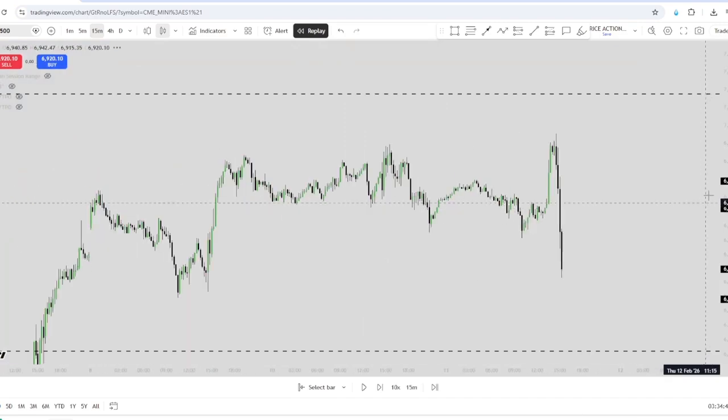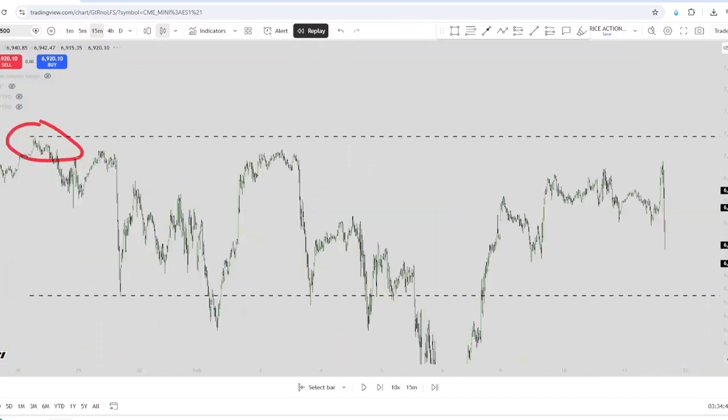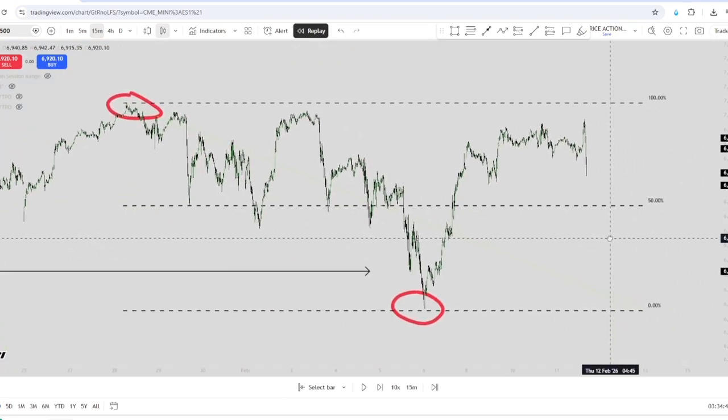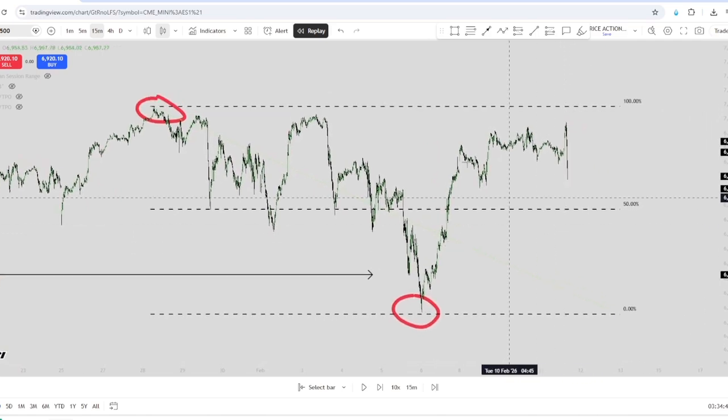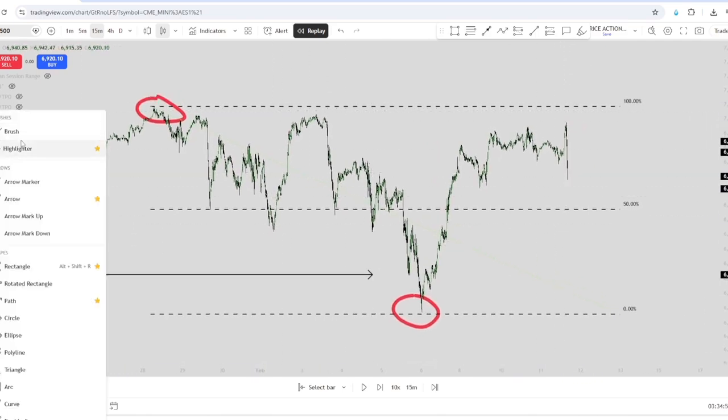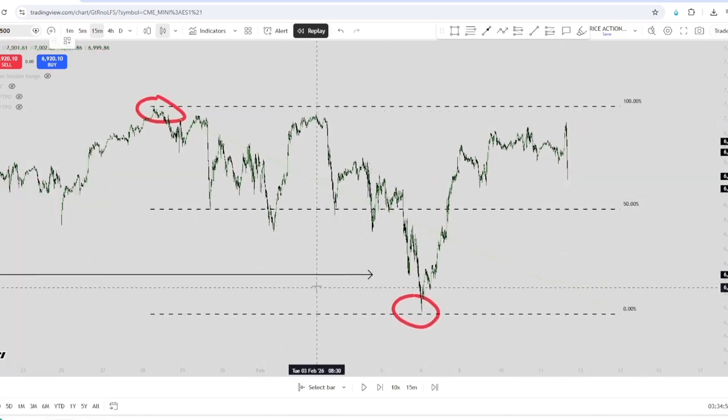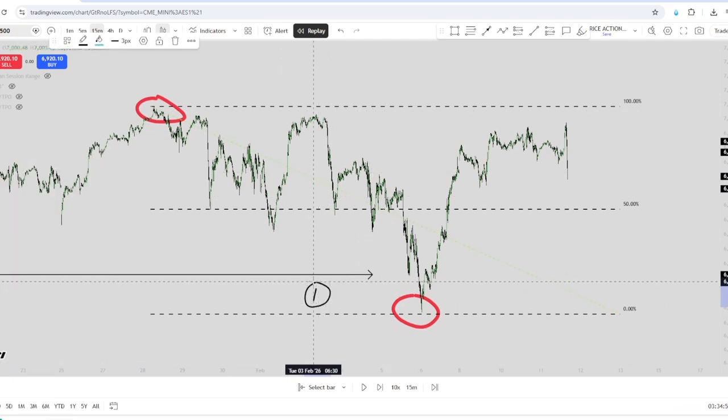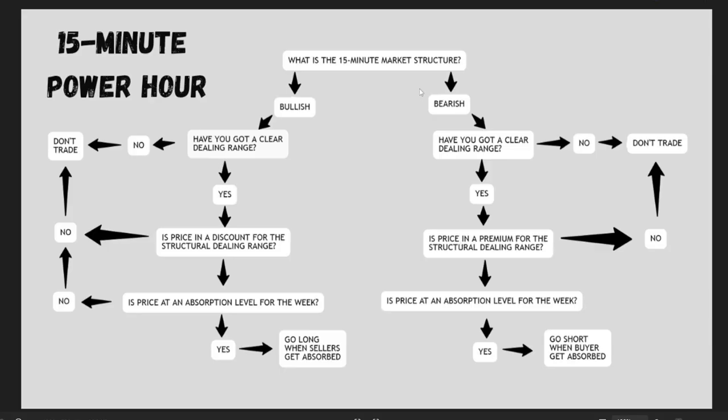So every trade you take needs to follow a narrative, right? What do I mean by narrative? If we go back to our naked chart over here, what we've seen is bearish market structure. So that's step 1, right? We now have an established dealing range, this high down to this low. Sorry, this is step 2, our dealing range. So we have bearish market structure, we have a clear dealing range.